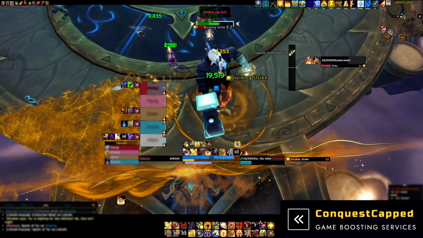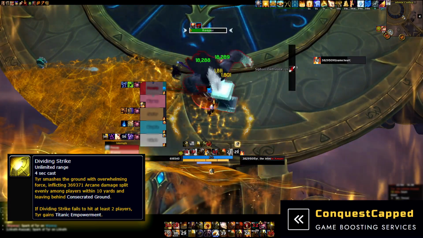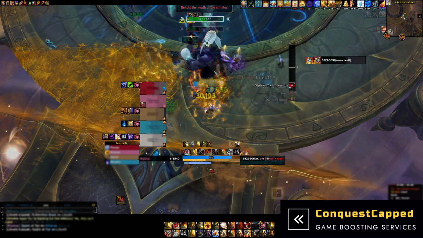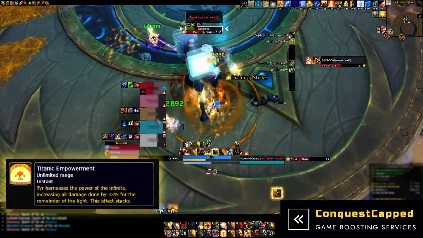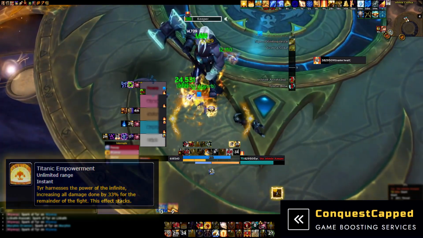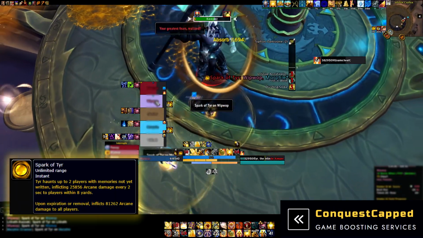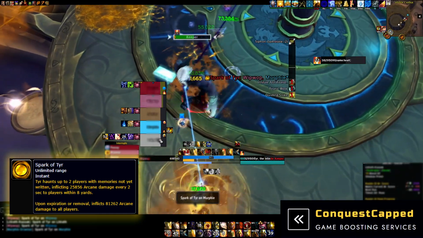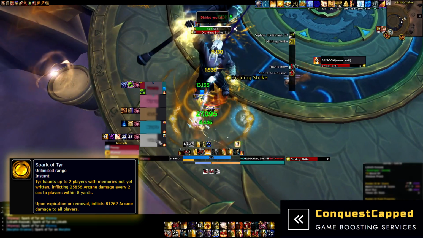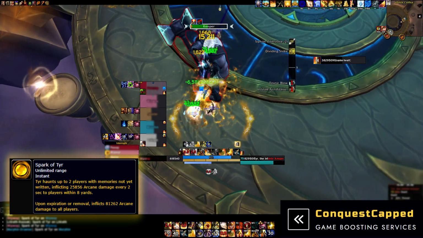The boss will also cast Dividing Strike, dealing huge arcane damage divided among players struck within a targeted area, and if less than 2 players are struck, the boss will gain Infinite Empowerment, increasing all his damage done by 33% for the rest of the fight, and this effect stacks. Tyr will inflict 2 players with Spark of Tyr, dealing arcane damage every 2 seconds to players within 4 yards. Healers need to dispel this, but beware that upon removal, it will deal party-wide damage, so don't get too hasty